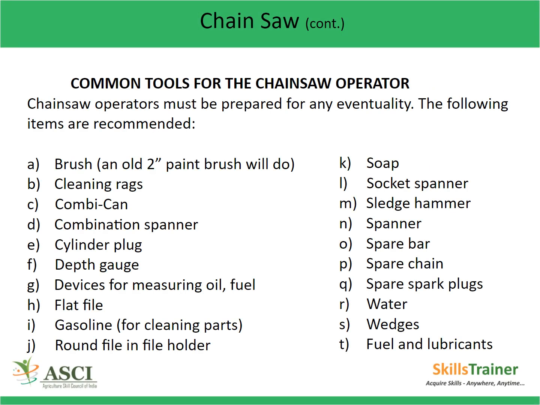Common tools for the chainsaw operator. Chainsaw operators must be prepared for any eventuality. The following items are recommended. Brush, an old 2-inch paintbrush will do. Cleaning rags, combi can, combination spanner, cylinder plug, depth gauge, devices for measuring oil or fuel, flat file, gasoline for cleaning parts, round file in file holder, soap, socket spanner, sledgehammer, spanner, spare bar, spare chain, spare spark plugs, water,